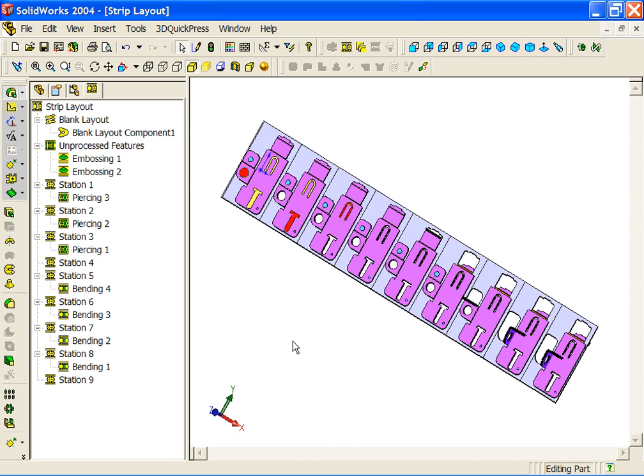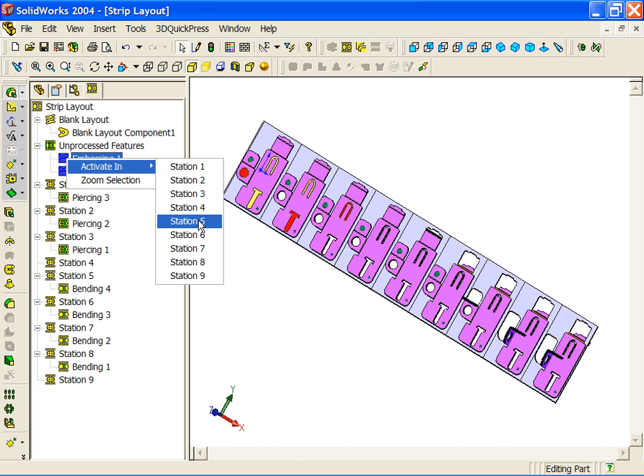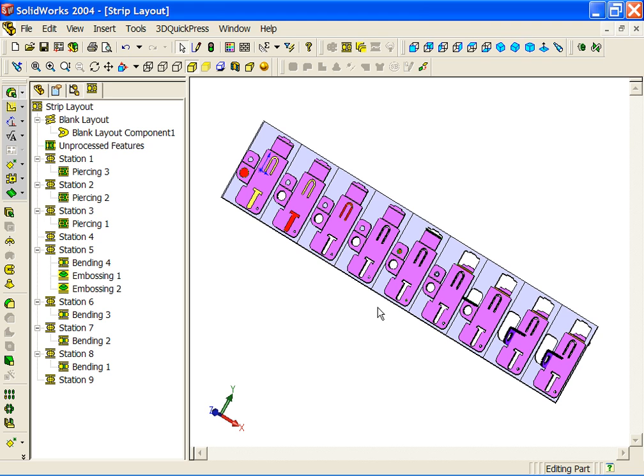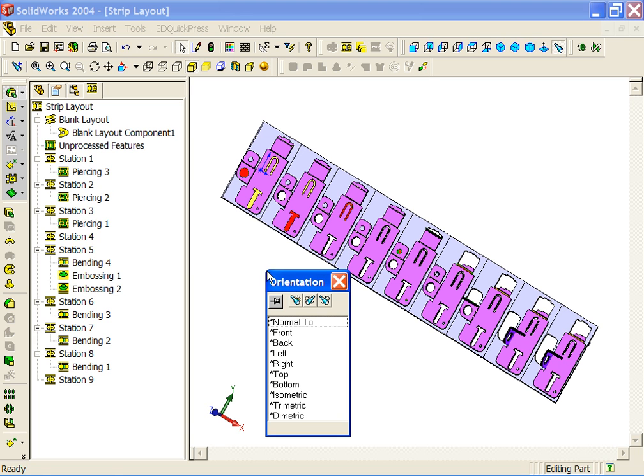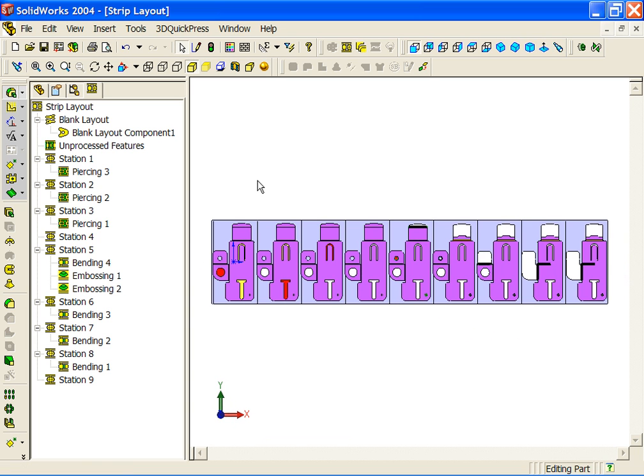The next stage might be to turn on our embossing features, and we want to put those in station 5. That's pretty simple to do. Just select the two and they activate in station 5. How about some notching? Let's go to the view that we want to work from, and to get to the notching feature we just select the right mouse button